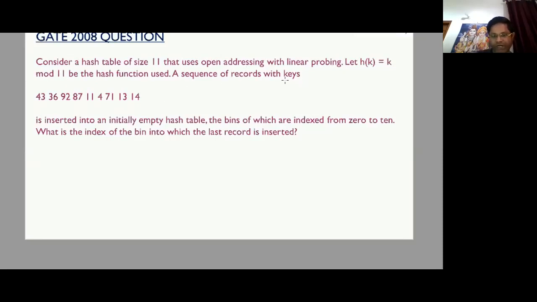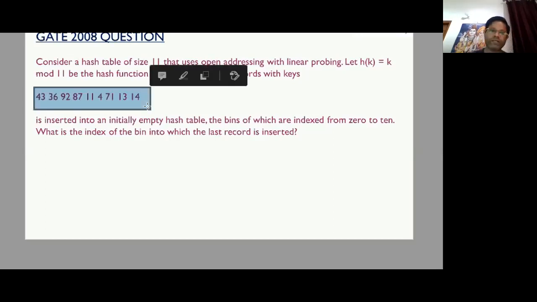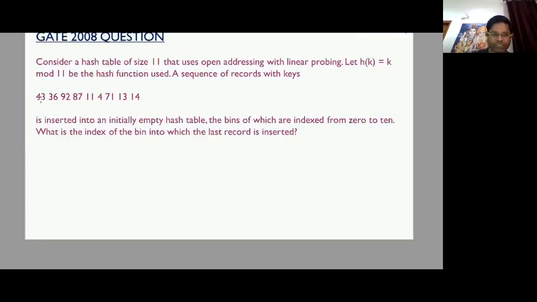A sequence of records with keys. So now these are the record values or the key values that are to be inserted into the hash table. So these values are 43, 36, 92, 87, 11, 4, 71, 13 and 14. These values are to be inserted into an initially empty hash table, the bins of which are indexed from 0 to 10.